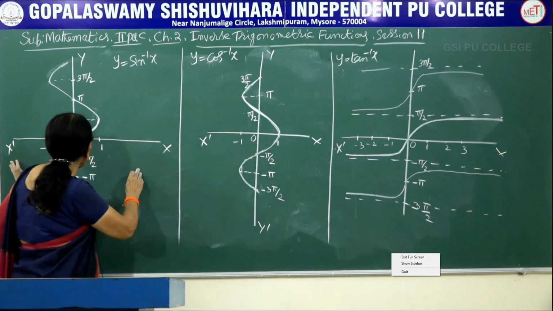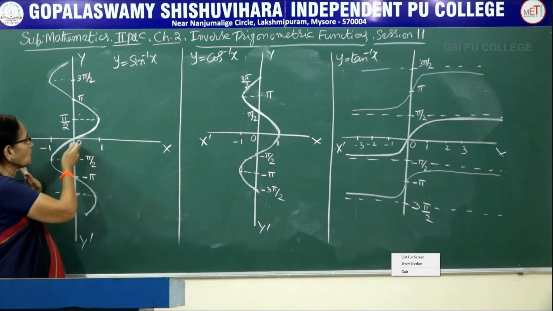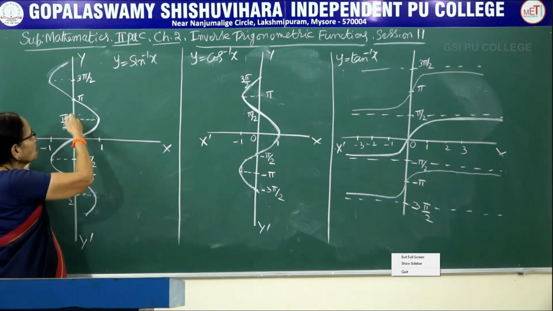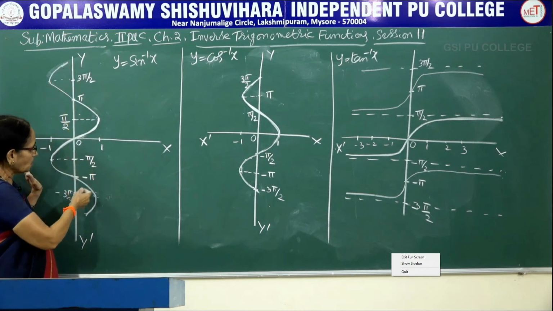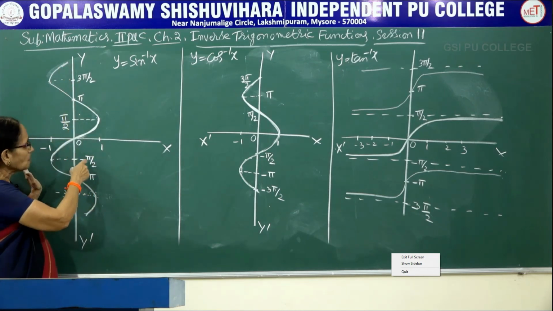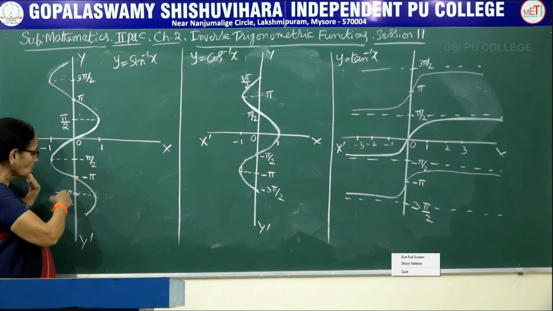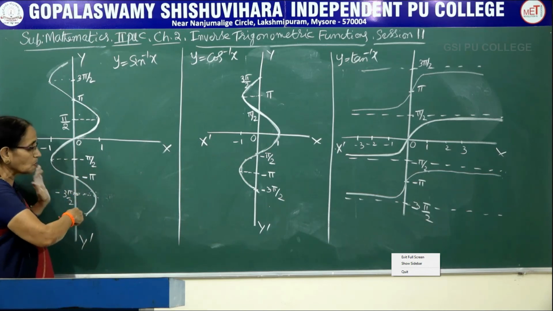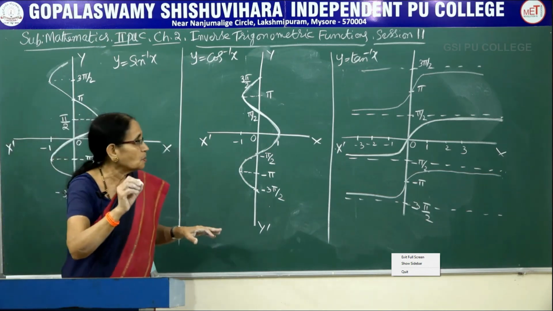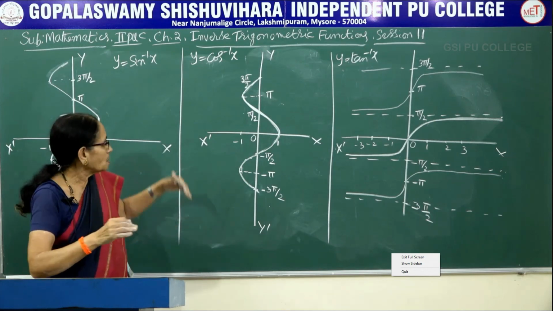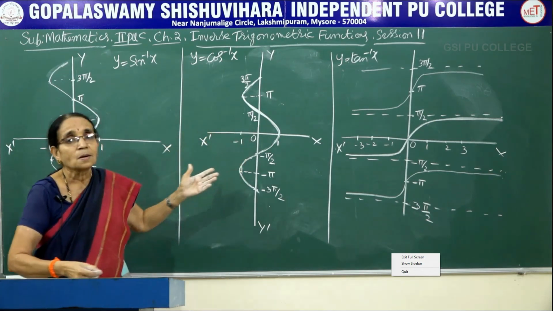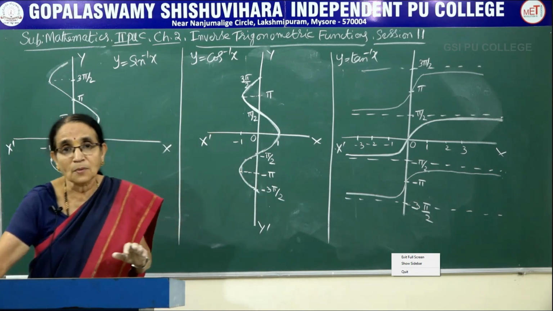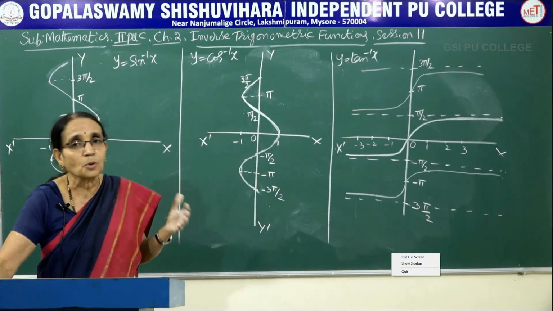Same thing here also, minus pi by 2 to plus pi by 2, I have taken this part. Suppose you take pi by 2 to 3 pi by 2, the curve would be from here to here. Or if you take it on the negative side, minus pi by 2 to minus 3 pi by 2, the curve would be like this. Shape-wise it would be the same, the position of the curve would be different from one part to another. Generally it looks like this, because you should have an idea how the graph would look.